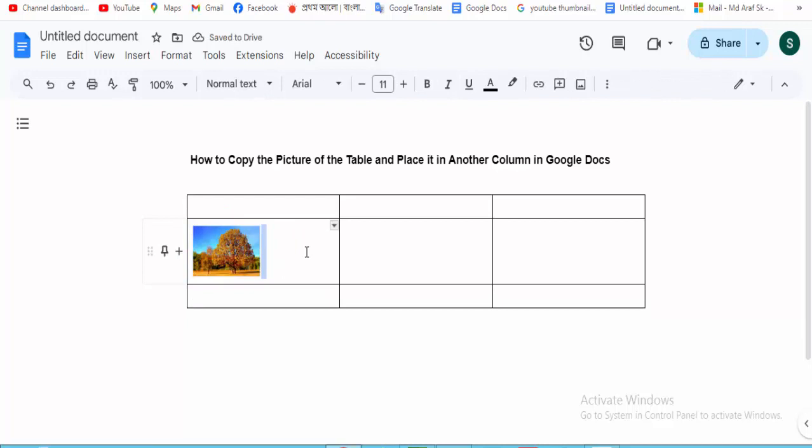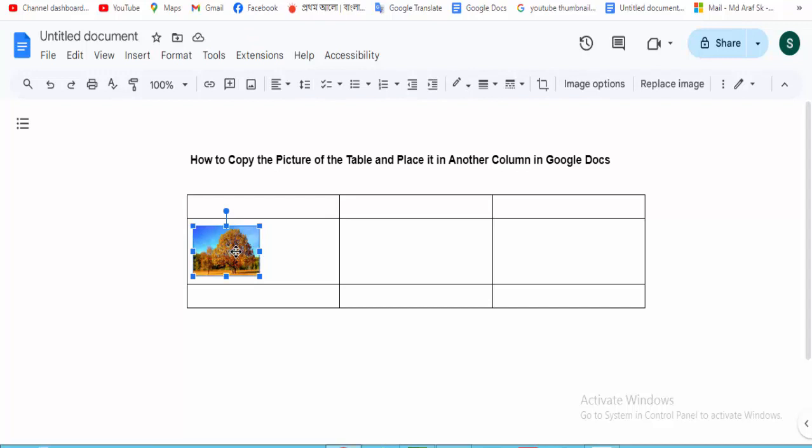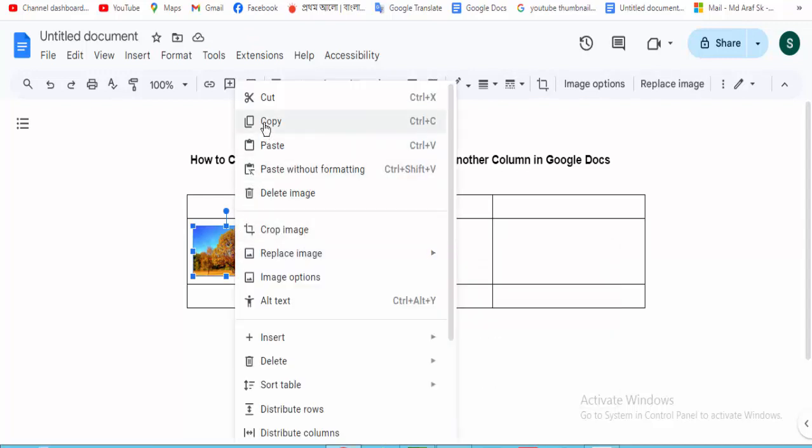To copy this picture, click on the picture, click the mouse right button, and click the Copy option,